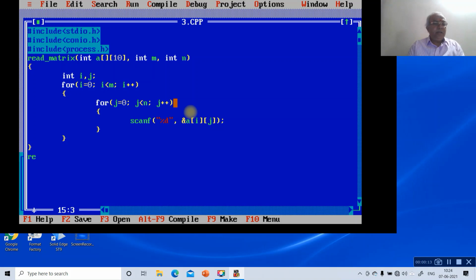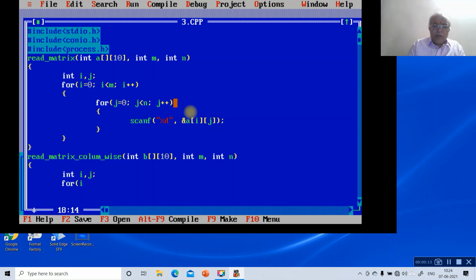Similarly, then go to read_matrix_column_wise, with int b[10][10], int m, int n. Then int i, j.